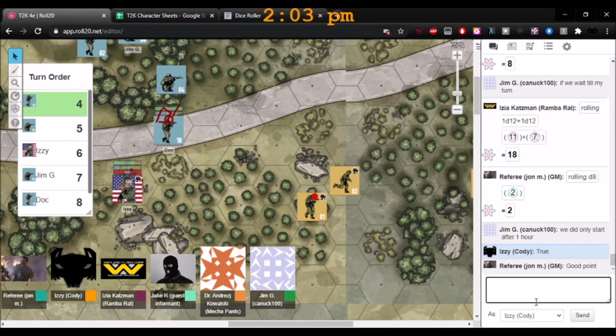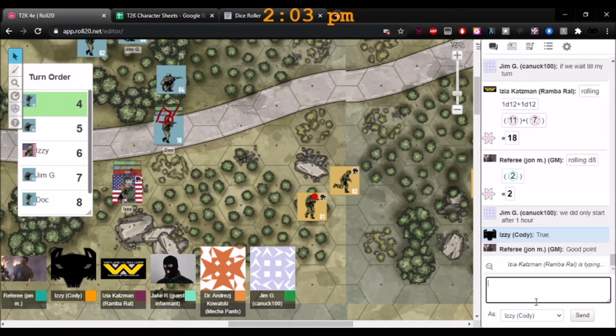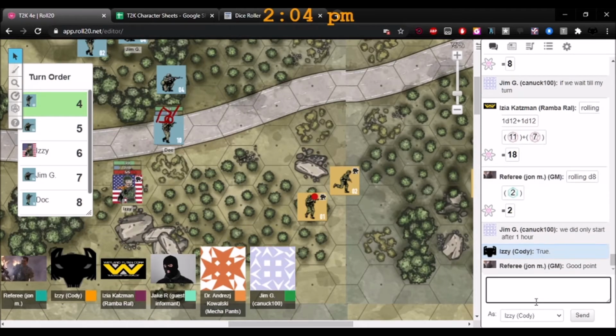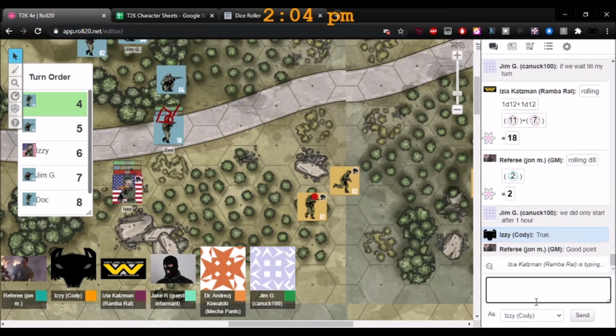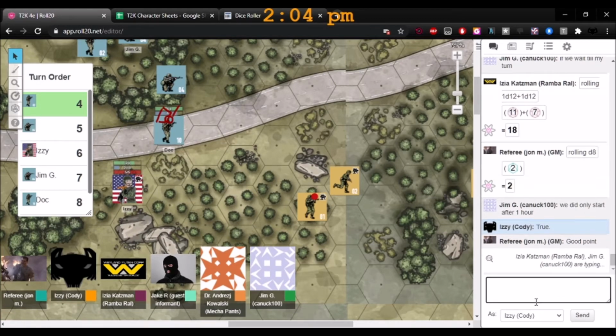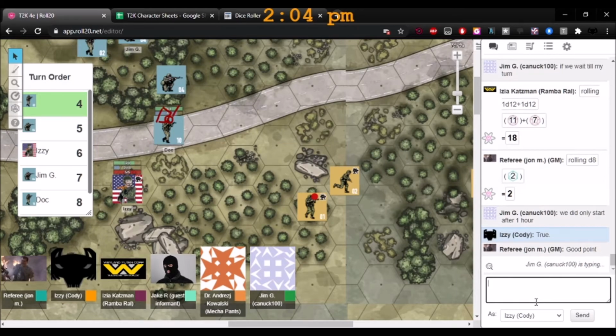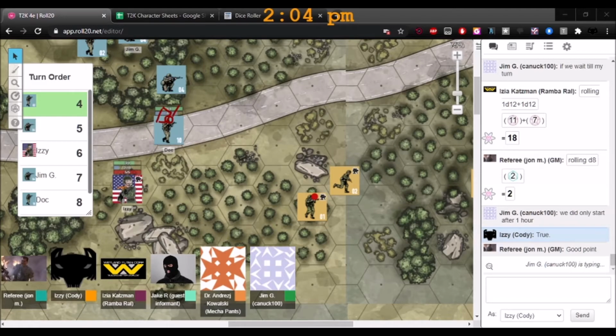Well, someone with a command skill can get you back in the fight. Well, that's true. I thought that could be done. No, the way it's written, it says incapacitated, which is a lot different than being suppressed. Well, technically, you are incapacitated when you're suppressed. So that's an interesting thing. Let's look into it. I'll try and figure that out too. Let me write a note of that, because you bring up a good point, Cody.